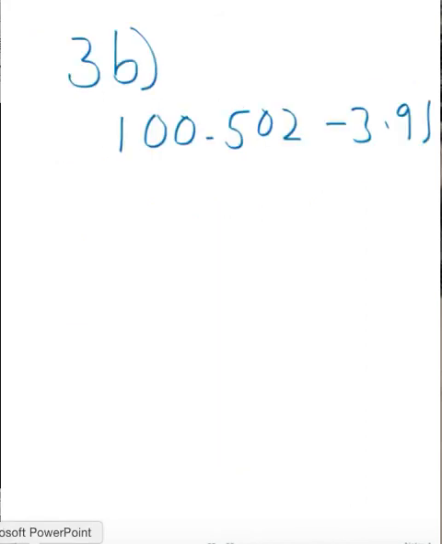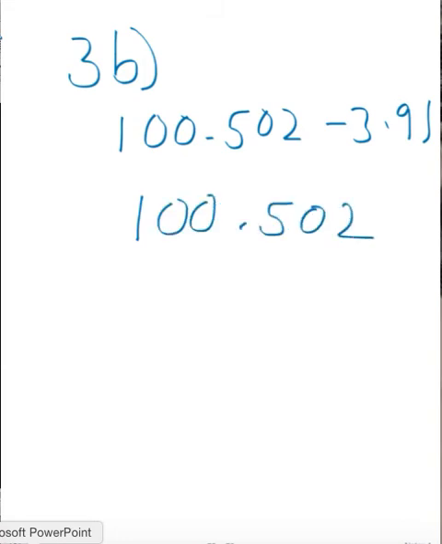Okay, I will also do 3B, just to make sure you're okay when it comes to borrowing. Now, with this one, we are subtracting. Now, subtraction, we know we have to do a check first. Is it bigger number first or the small number? We've got 100, and then we've got 3.91, so we can see the bigger number is first, so our answer will not be negative. That's our first check. And when subtracting, the larger number must go on top. So we have